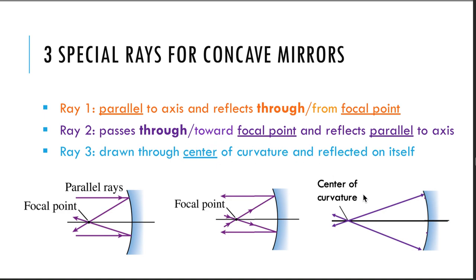reflects on itself. So if the focal point was right here, then we know that the focal point was half the distance of the center of curvature, so the center of curvature is here. So if you draw it through the center of curvature, it's going to reflect right back on itself. And that makes sense because if you think of this mirror as a circle, and it's hard to draw a circle, but if this is the center of it, then you know that when you're hitting that mirror, you're hitting it perpendicular to that surface, so you're going to come straight back in the